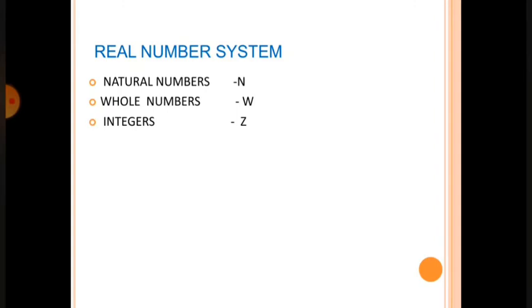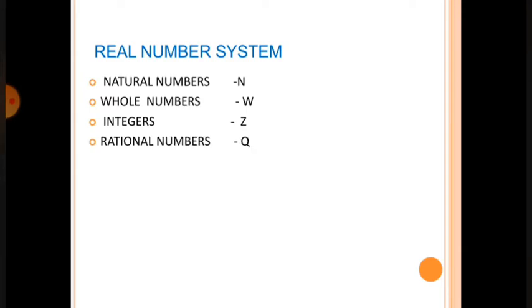The first one in the number system is natural numbers, or we call them counting numbers. It starts from 1, 2, 3 and so on, and we denote it as N. Then if we add 0, we call it whole numbers, usually denoted by W. Next, integers. Along with whole numbers, we take negative numbers -1, -2, -3 and so on. The whole system we take as integers and denote it as Z.